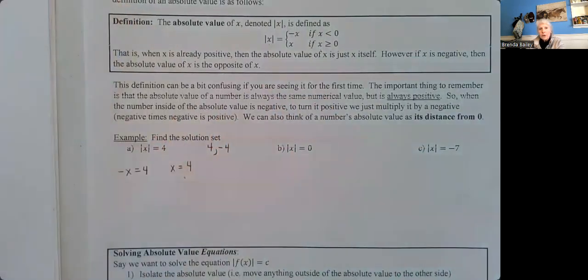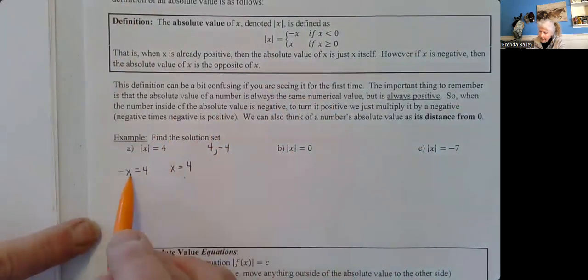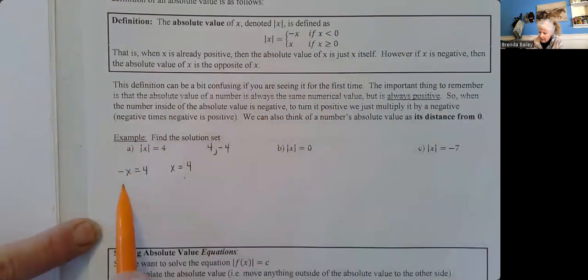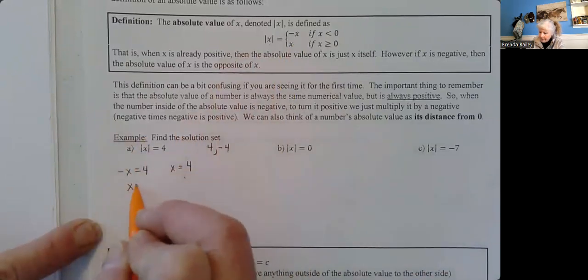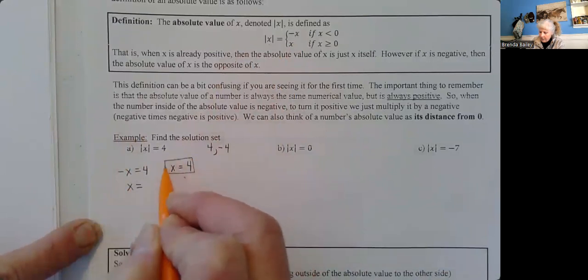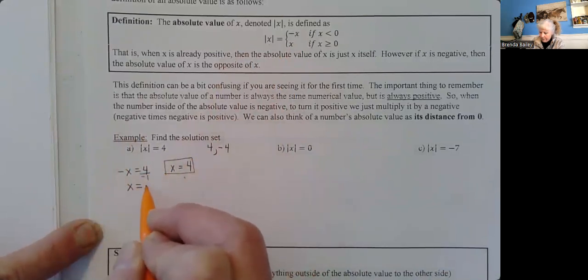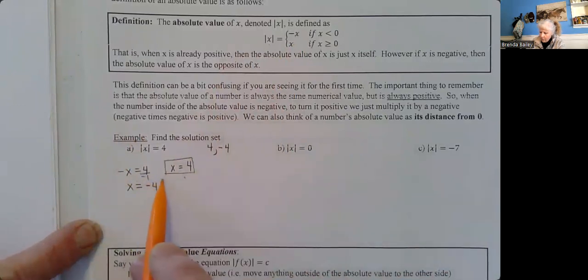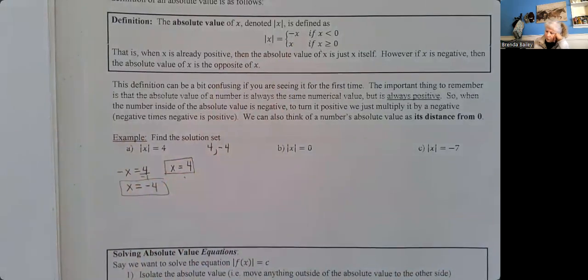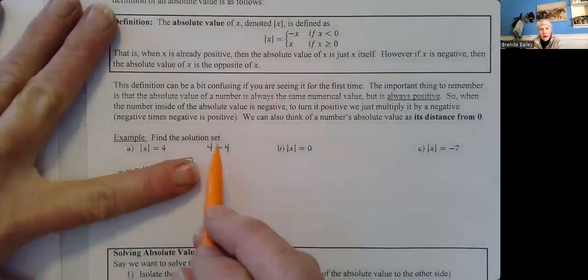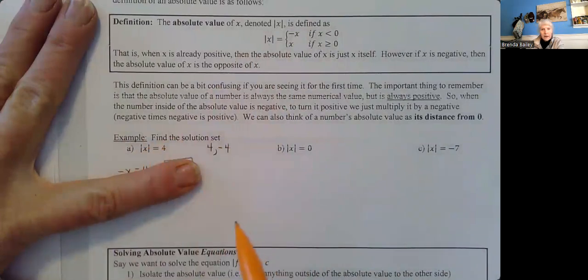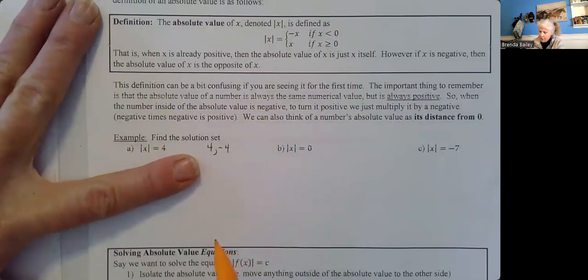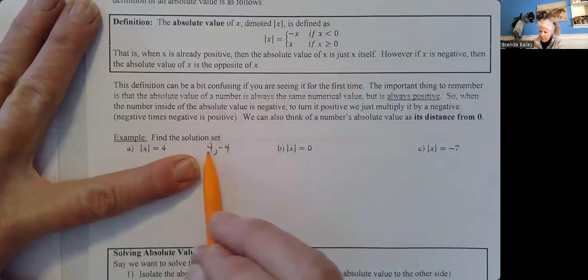Now, here, let's go ahead and set it up where you have the opposite equaling the 4 and the x equaling the 4 and solve these. This one's already solved. You divide by a negative 1. We'll be using this method quickly. But here you could just look at it and say, okay, we've got to have positive. So it could be a 4, the absolute value of 4 is 4, and the absolute value of a negative 4 is also 4. So you could put either one of those in for x, and